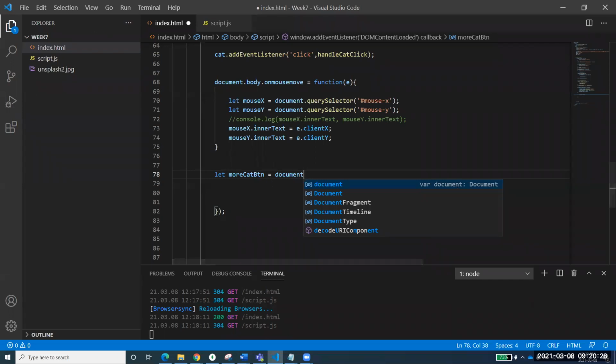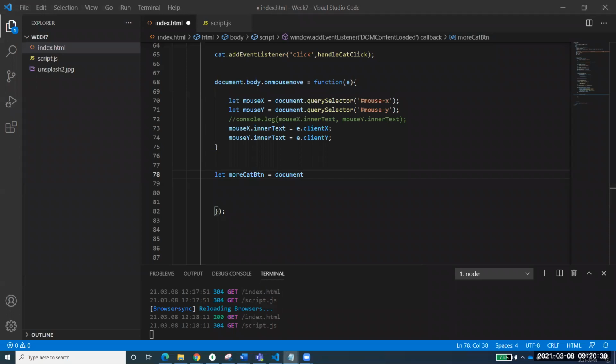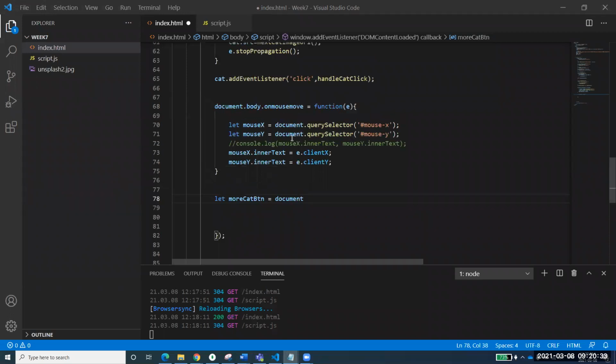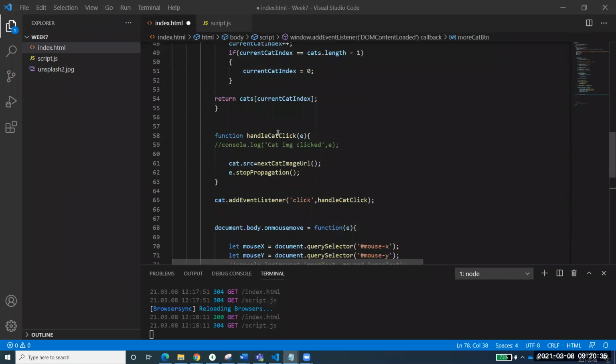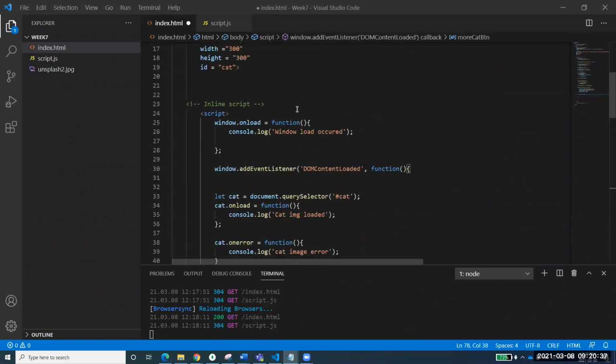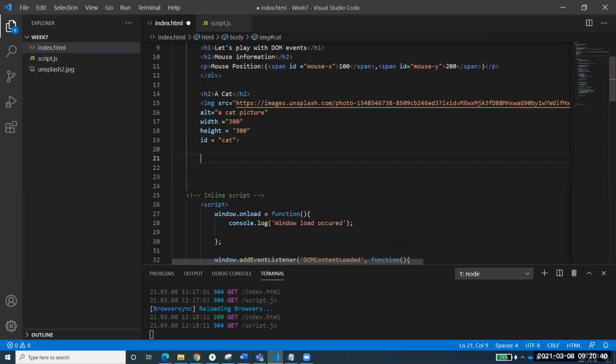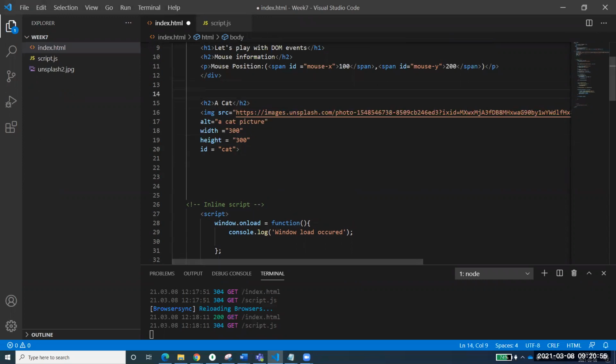Okay, so now we have to create a button over here in our HTML. First of all, I'll be creating a button. We have not talked about the form as yet, but I will give you a one-liner for that. Let me add a button, not only a button, rather I would like to place this cat into a div now. Not this cat, after this cat, I want to create a div.